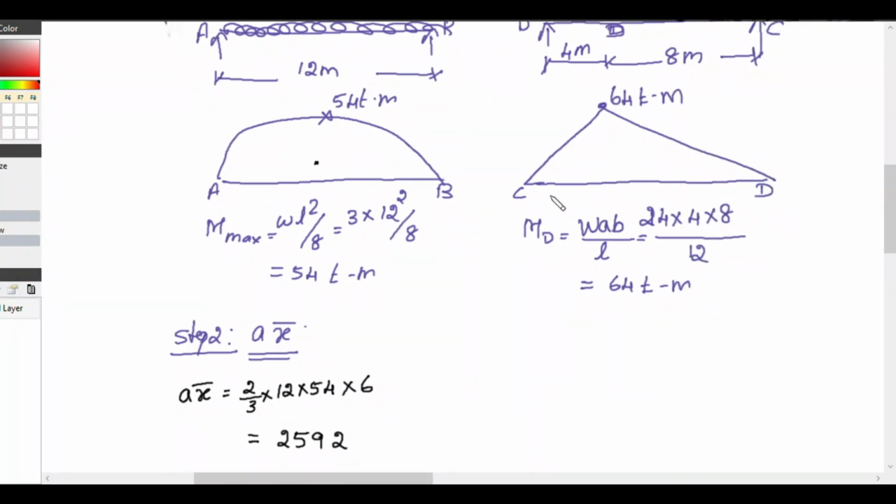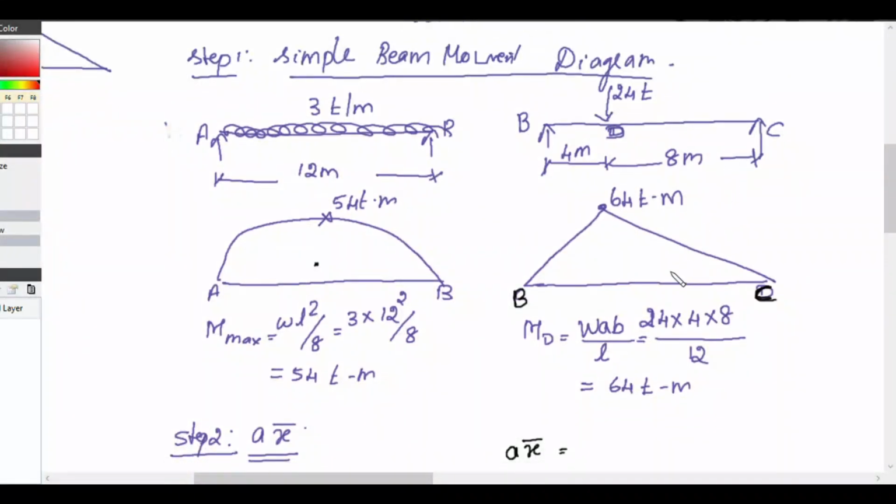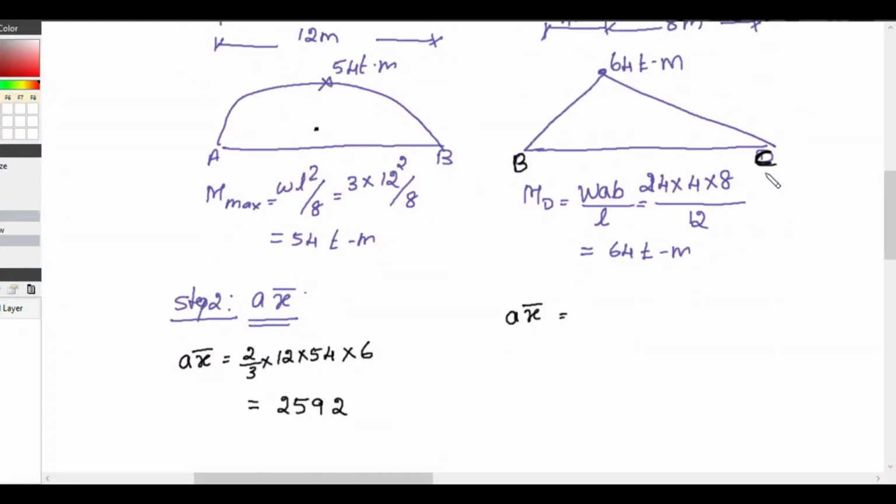For the case of CD, we will calculate only from D. So A into x bar is equal to, sorry, this is not CD, this is BC. Yeah, BC. So for the span BC, we will calculate only from C. So when we are calculating from C, we get